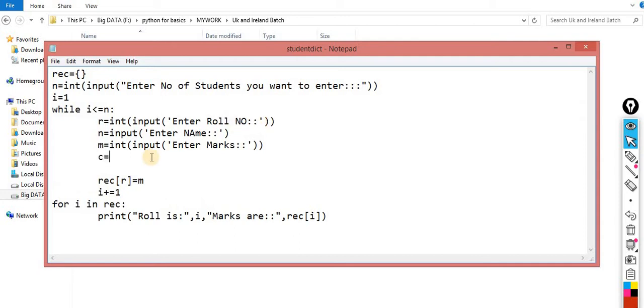Okay, so I am asking the city the same way. Control C, Control V, enter city.